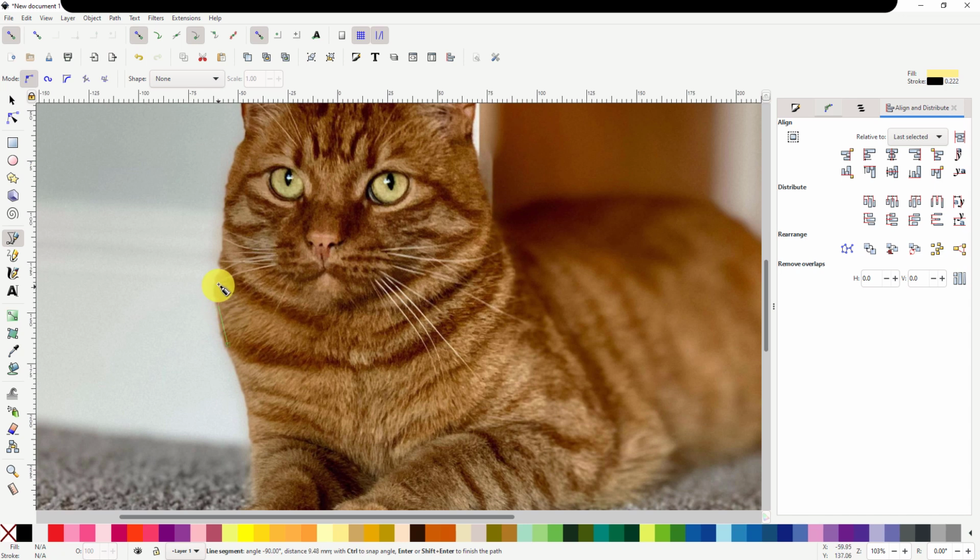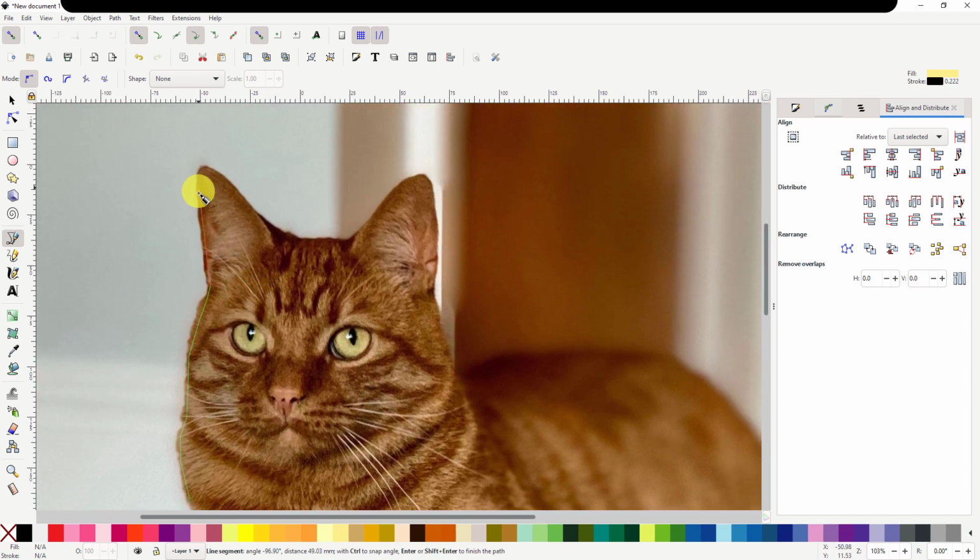And what we do is we draw here along the outside of the image, and so we want to draw as close and as accurate as possible. And we can go and I'll just use some straight points in it,